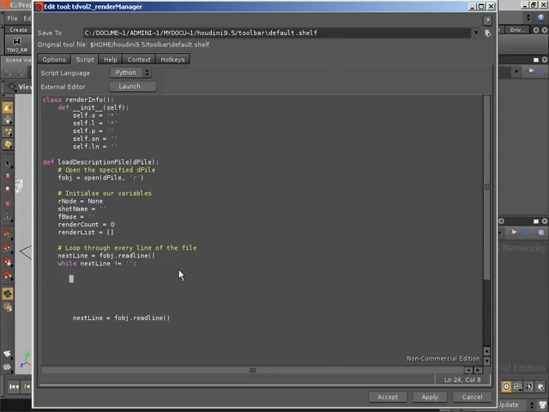Now, you saw inside of our description files, it'd be nice to be able to put in some white space, just have some blank lines and not worry about them. So what I'm going to do is skip through the looping. If we hit an empty line, we're simply not going to worry about dealing with commands or anything. So I'm going to skip if empty line. And basically, if our next line is equal to the new line character, which means it's an empty line, then I'm simply going to,